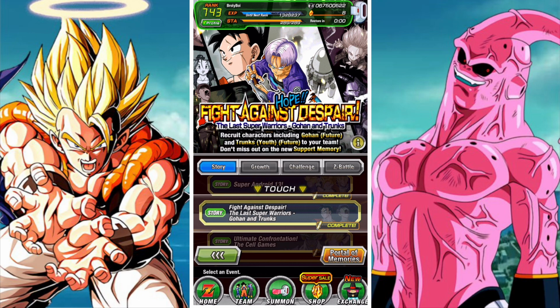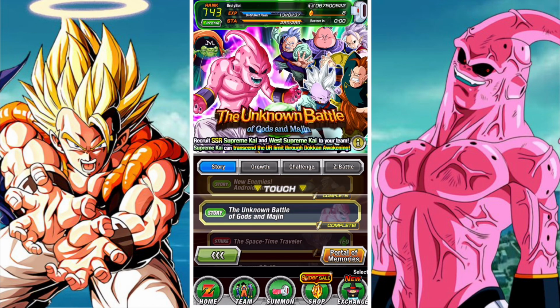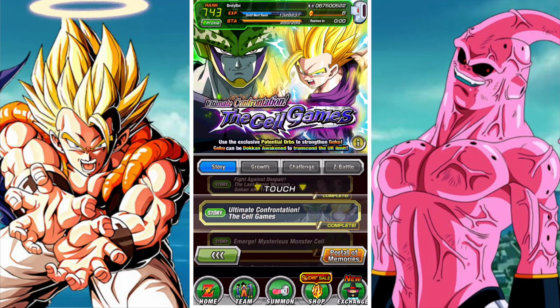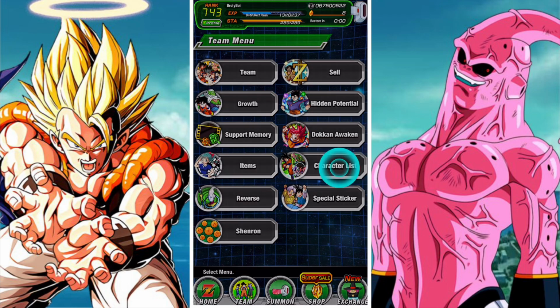Then we have Fight Against Despair, or Hope Fight Against Despair, and this is obviously the Future Trunks event. There's actually quite a few units that are farmable from there. I'm going to avoid the Androids events because Android 14 and 15 don't have any summonable units, and the Goku and Vegeta from the Android events are obviously as useful as the other Goku and Vegeta. So yeah, pretty straightforward. When you Dokkan Awaken them, they become Goku Gohan and Vegeta Trunks, so they're not as